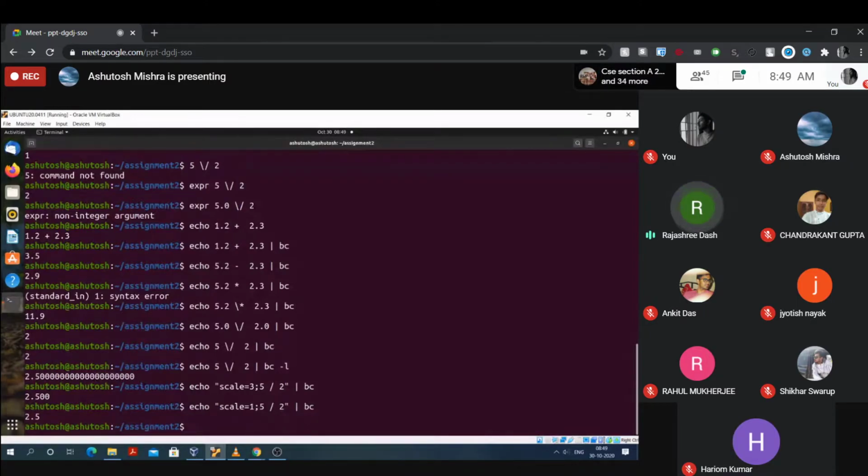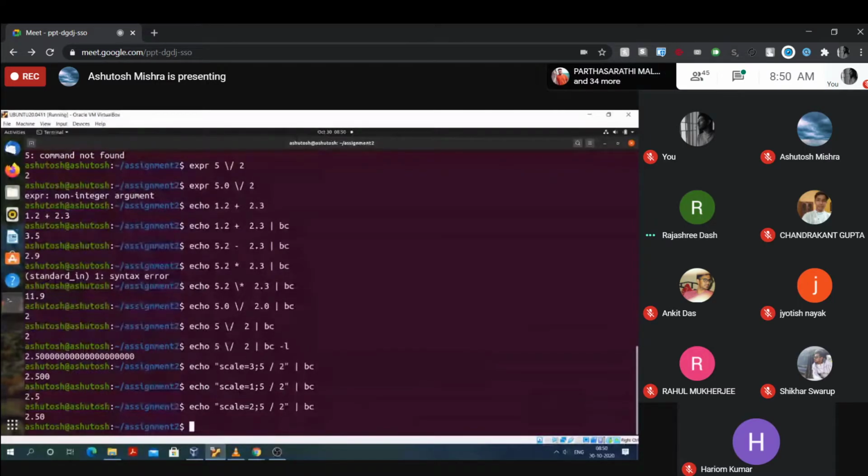So if you set scale equal to 2, check the same way with scale equal to 2. Got the thing?